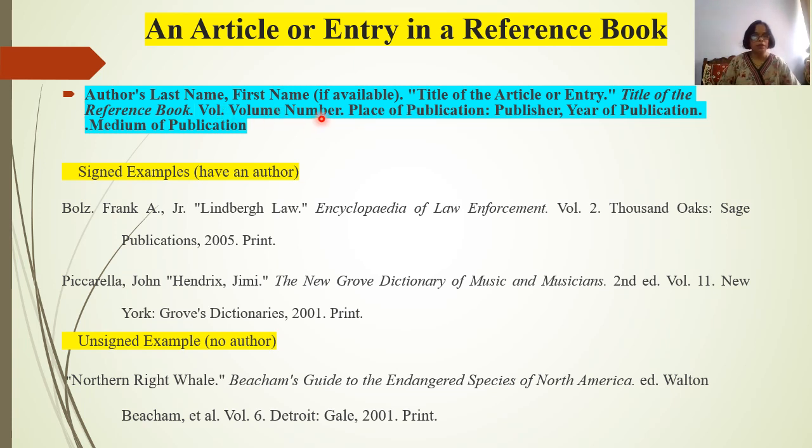Then volume number. Then place of publication, publisher, year of publication, and medium of publication. So now this is of two types. There are signed examples. Signed examples means where the author's name is available. They are known as signed examples. So where the name of the author is available, this kind of entries we are going to place in this